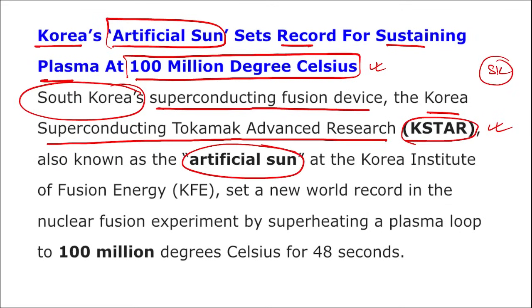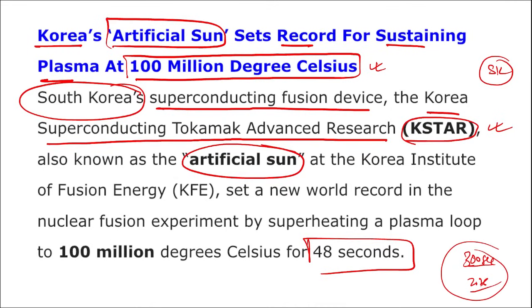It is of South Korea, and they have set a record to operate this artificial sun K-Star at 100 million degrees Celsius, and it was operating for about 48 seconds. Correct? Take a note of this. This is important. And remember, the aim of K-Star here is to sustain plasma temperature of 100 million degrees Celsius for almost 300 seconds by 2026. This is their target. And the temperature of the core of the sun is 15 million degrees Celsius. Right? And we have achieved 100 million degrees Celsius, and it was for just 48 seconds.